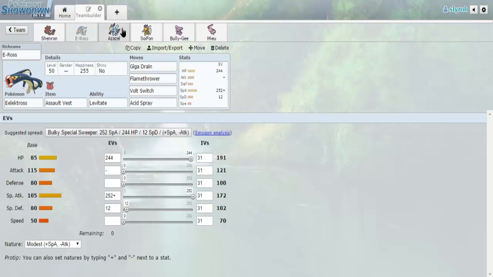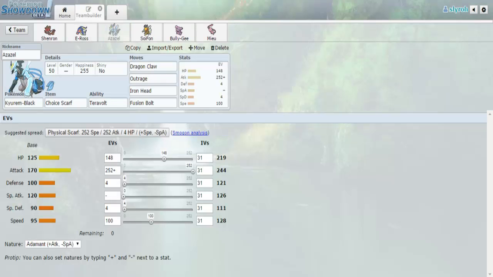So the next mon that we're bringing is Azazel. It's probably a reference that I don't understand. The Kieran Black with the Choice Scarf: Terravolt, Dragon Claw, Outrage, Iron Head, Fusion Bolt, Max Attack, Adamant, 100 Speed, 148 HP EVs, and then 4 in each defense, just for maximum stat increase. Oh, I definitely did not double check this before starting this video. This speed is enough to outspeed